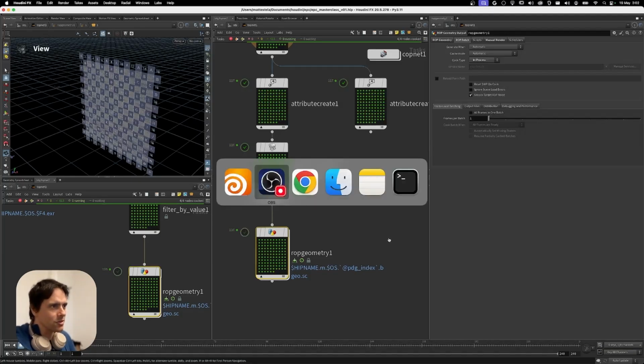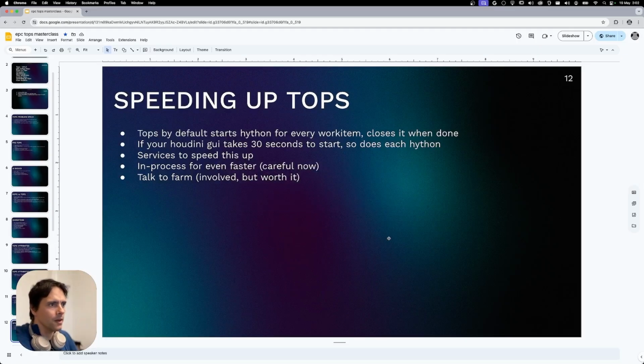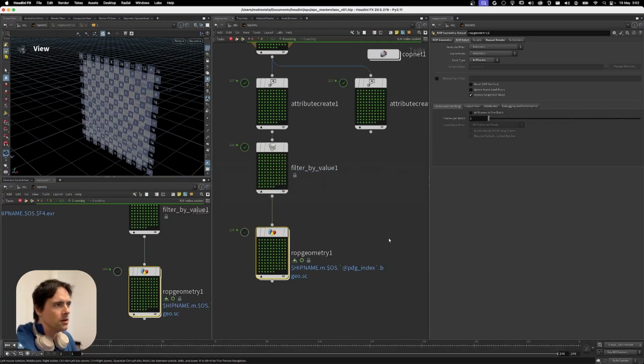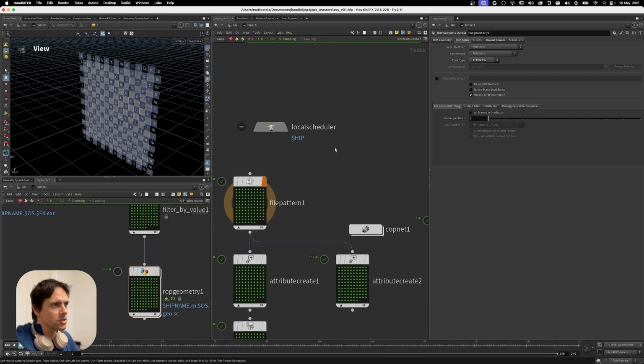I'm going to go back to my notes. Number 3, the last one, is the farm. I definitely don't have the context to talk about that here, I can't demonstrate it. But you can imagine that a lot of the stuff we're doing here clearly would be advantageous to run across multiple machines if you had them. Within TOPS itself,